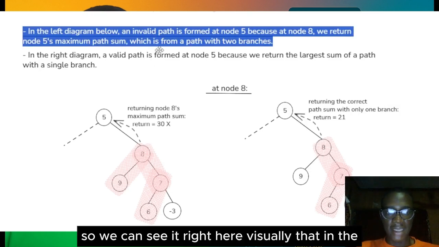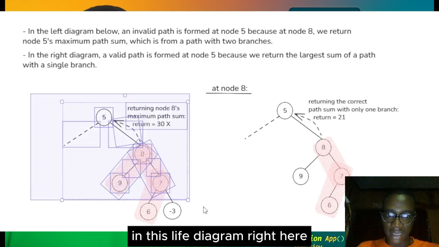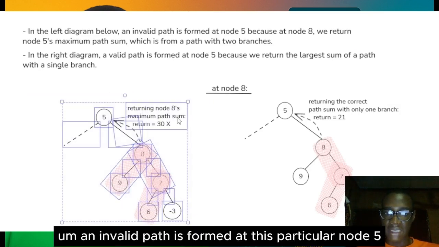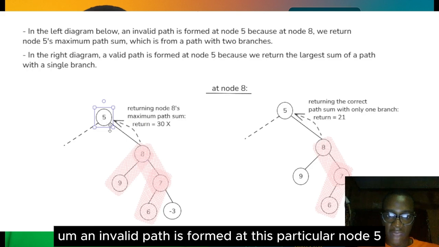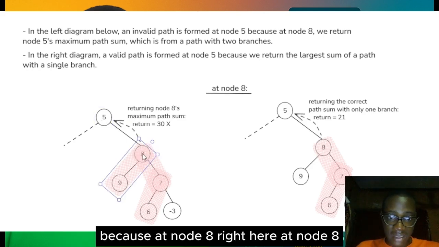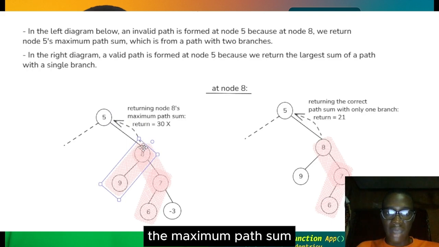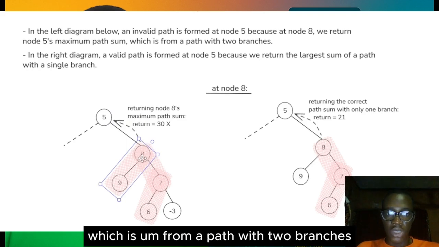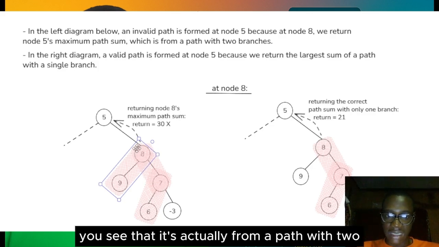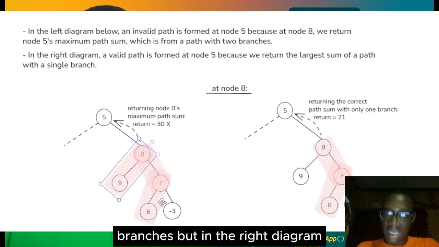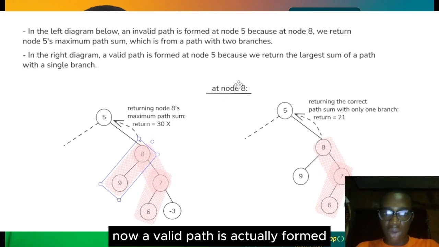So we can see it right here visually that in this left diagram, an invalid path is formed at this particular node 5, because at node 8, right here at node 8, we return the maximum path sum, which is from a path with 2 branches. Look at this node 8 now. You see that it's actually from a path with 2 branches, but in the right diagram now, a valid path